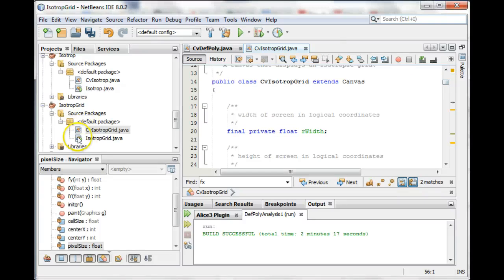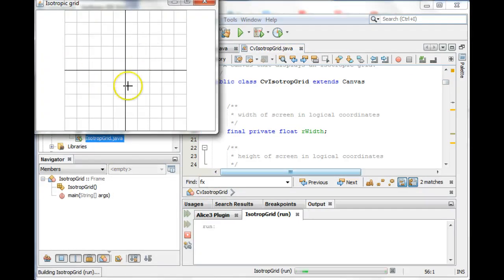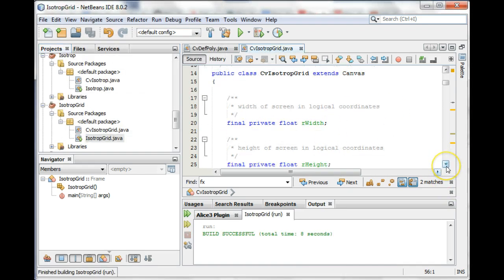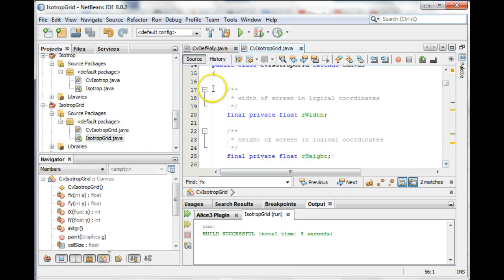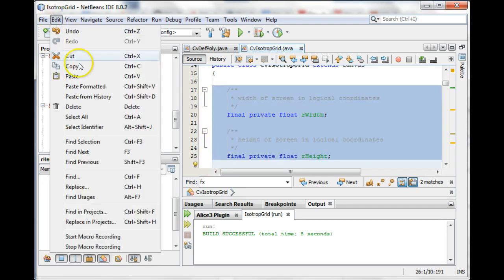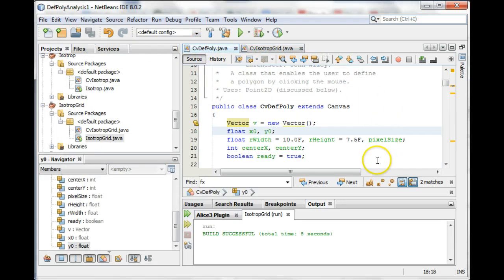So this isotropic grid thing was the problem where we made a grid and you could click in different places and figure out where you were clicking. But okay, so I'm going to copy this. Let's see, rWidth and rHeight we can do. So I'll say edit, copy. So yeah, rWidth and rHeight,